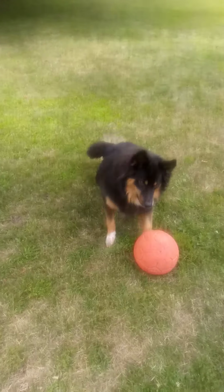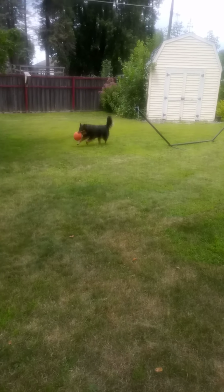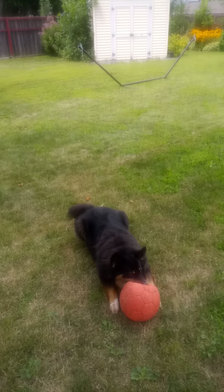So this here is our famous dog, the Beast, Cody. Hey, Cody, how you doing? And Cody's really good at running after and chasing, getting the ball, and just having fun. Just has a beautiful little run around. Good boy. You're such a good boy. So I'm not going to get